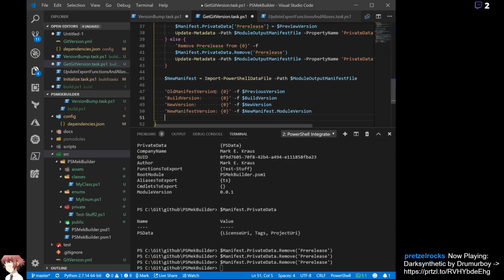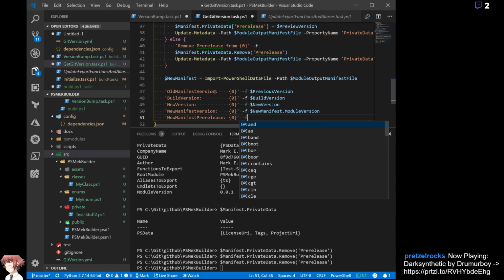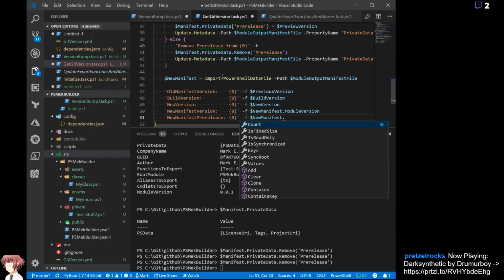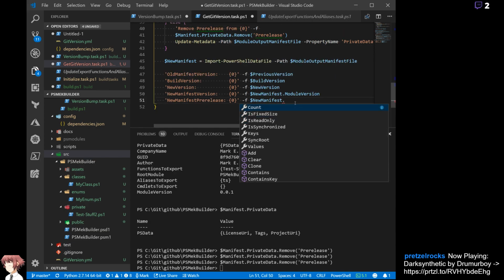And then new manifest pre-release. Manifest, it's module version,